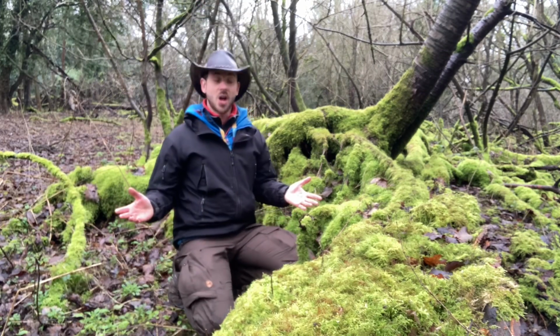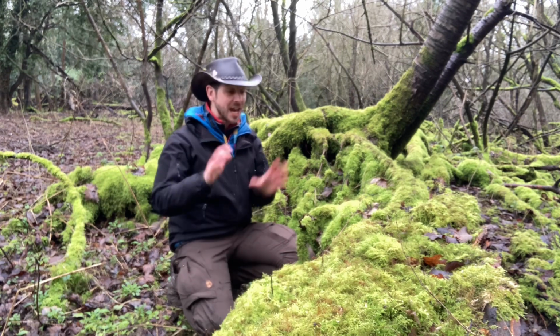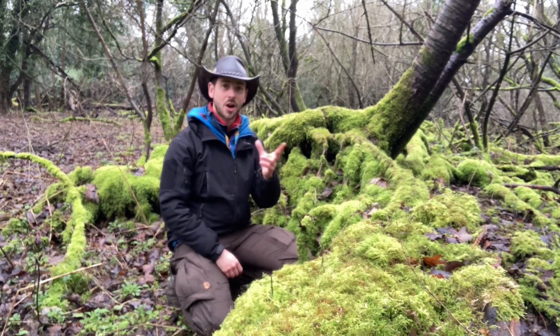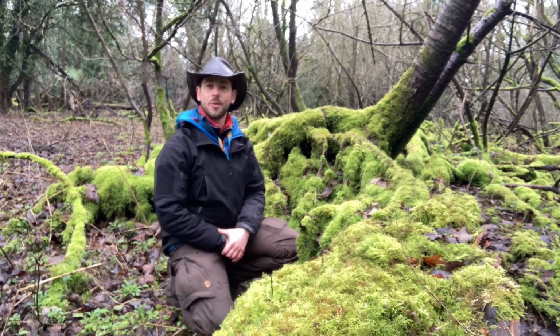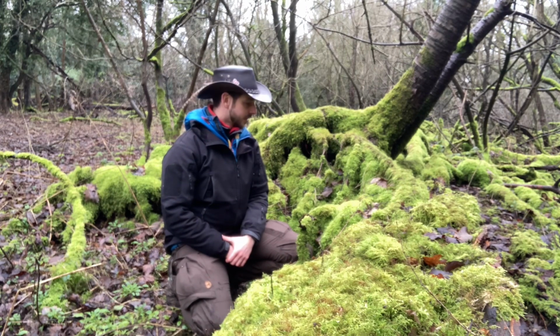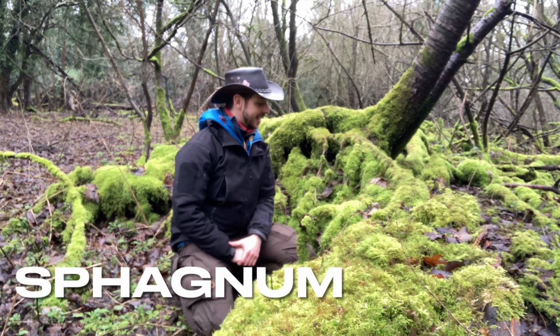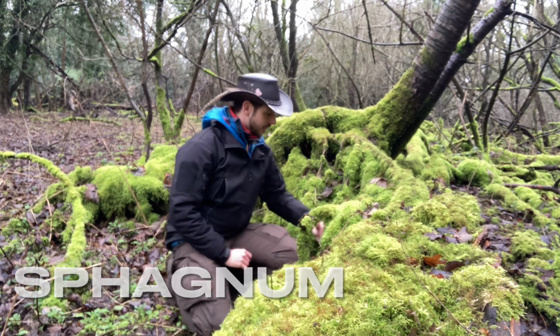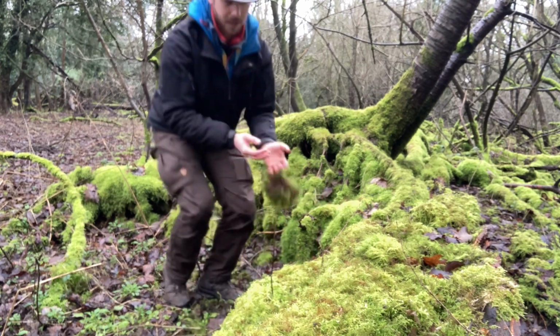Now another sign of life that is with us all year is this beautiful green. It changes at different times of the year. Sometimes it's a darker green, sometimes it's a lighter green, but it really shows up against the brown that we've got in our woodland at the moment. This is sphagnum moss, and it is an awesome plant. If I take a little bit here, and it won't damage the whole plant if I take a little bit, and I bring it over,